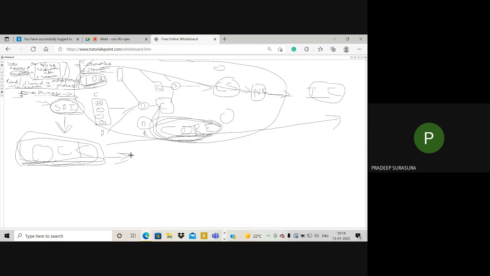Please answer my question. I'm asking you again and again. Please understand. When you are accessing your account, where should the lock be acquired? Should the lock be put on the entire database of the SBI, or only on the portion of your particular bank account, or only on the portion of a particular bank?